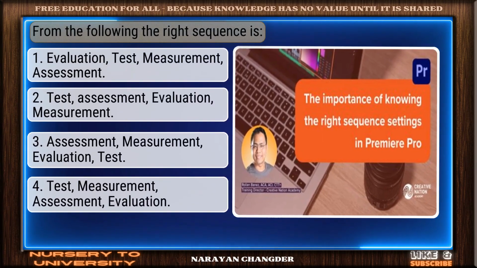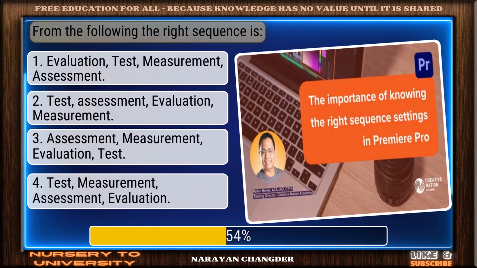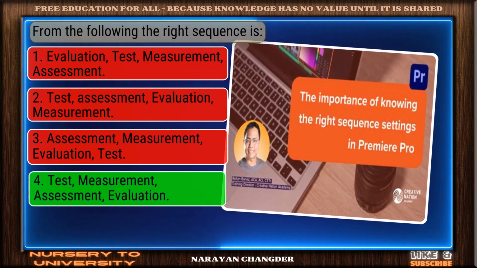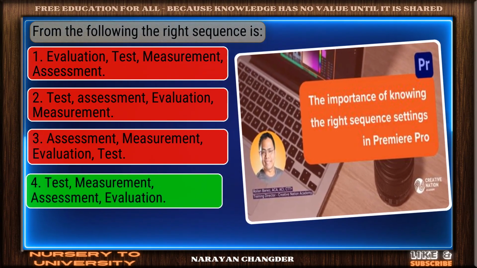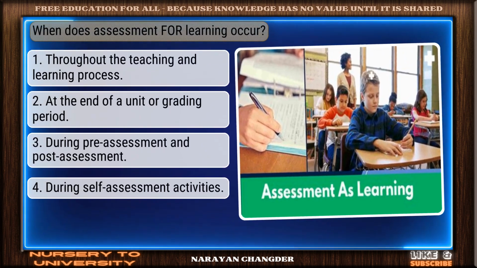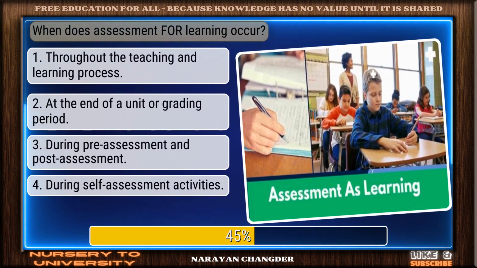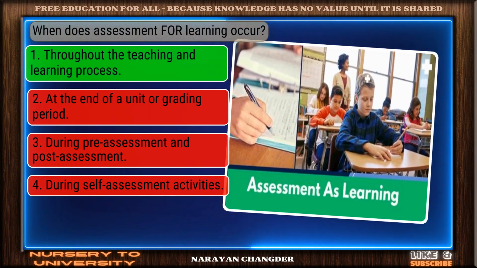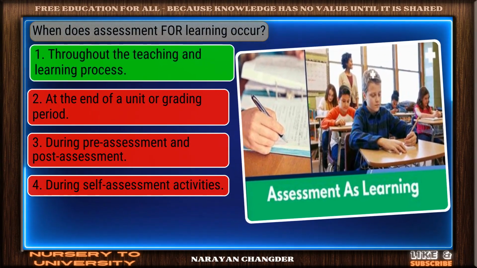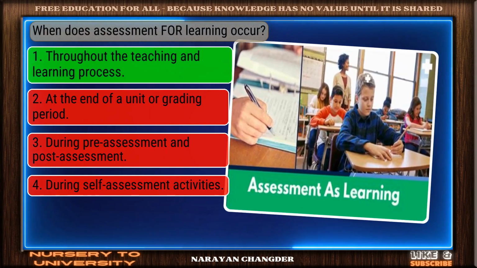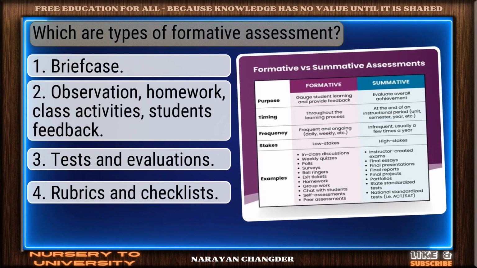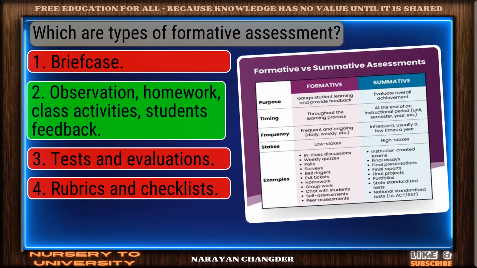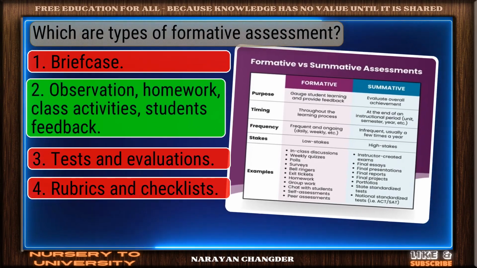From the following, the right sequence is. Smart pick. Test, measurement, assessment, evaluation is the correct choice. When does assessment for learning occur? Great thinking. Throughout the teaching and learning process is the right choice. Which are types of formative assessment? Well done. Observation, homework, class activities, students' feedback is the right